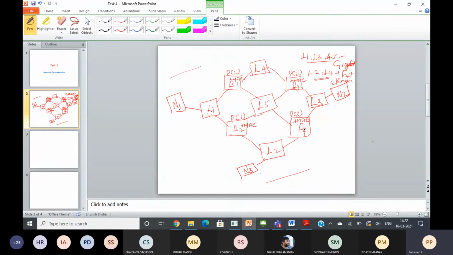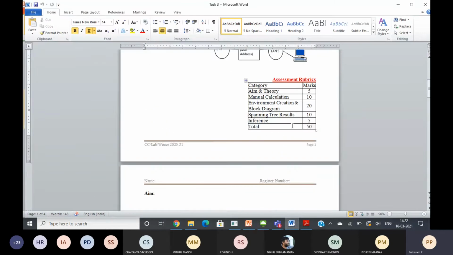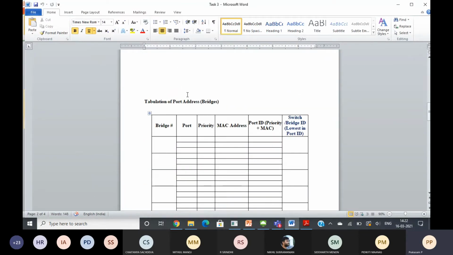So I am going to assign priority for each and every bridge. Then I am going to note down the respective MAC address. Port ID is nothing but priority plus MAC address.